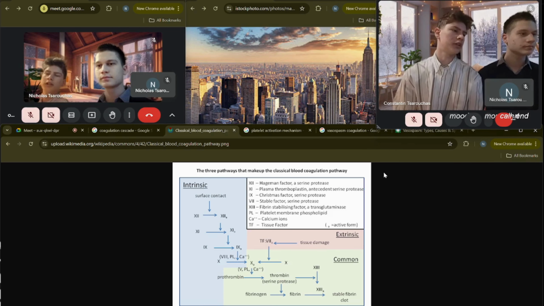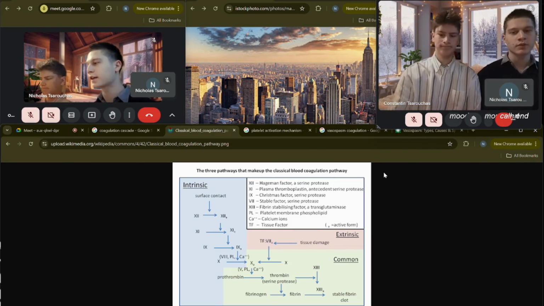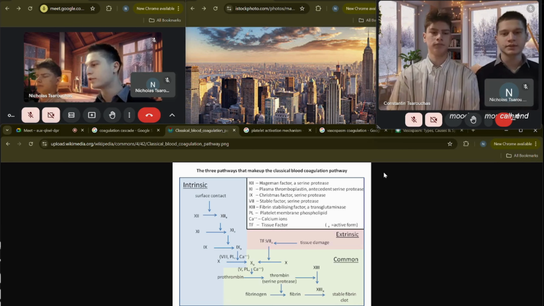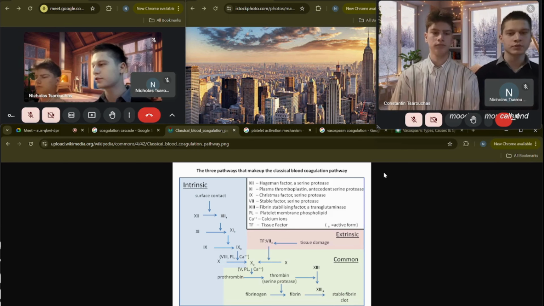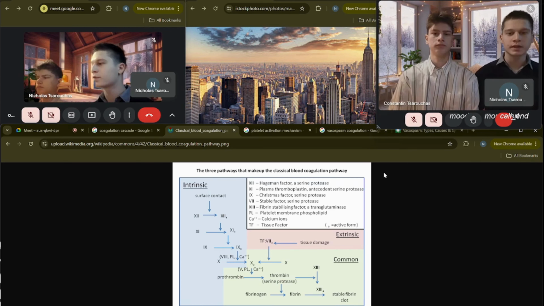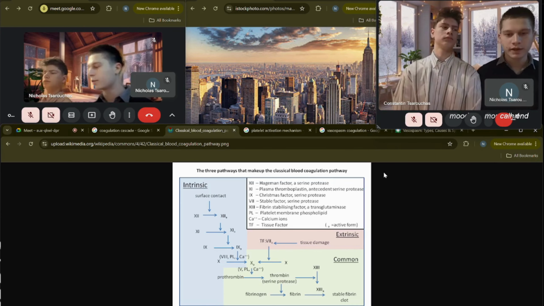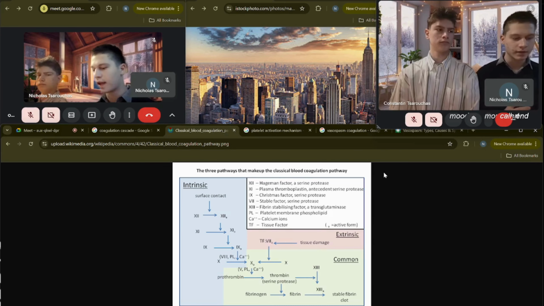Okay, so first we have the surface contact with large negatively charged surfaces. So this will be your collagens, this will be your phospholipids. This will activate factor 12 to form factor 12a, which is Hageman factor, a serine protease. This will then cleave factor 11 to form 11a, and then 9 to form 9a, which then finally with factor 8 being cleaved to 8a, will form the intrinsic